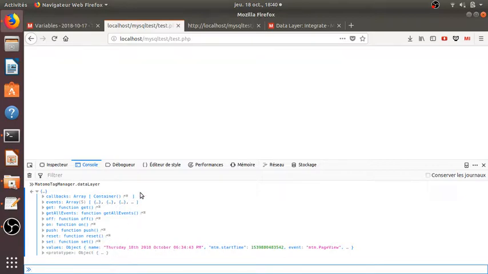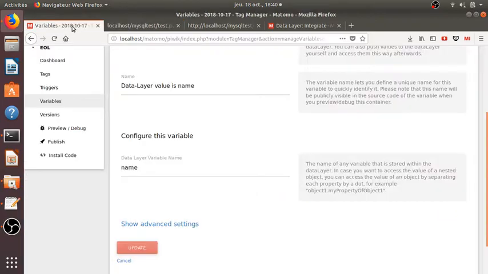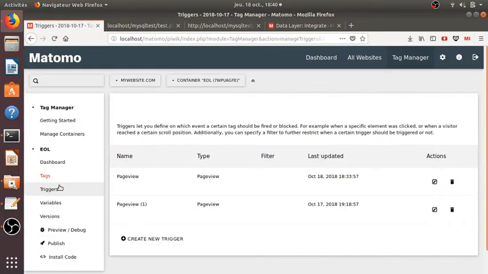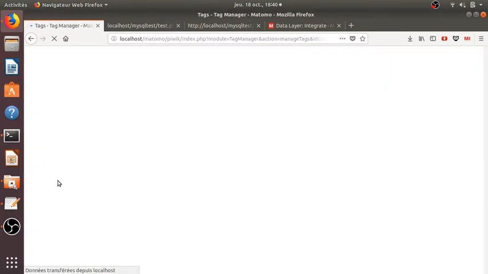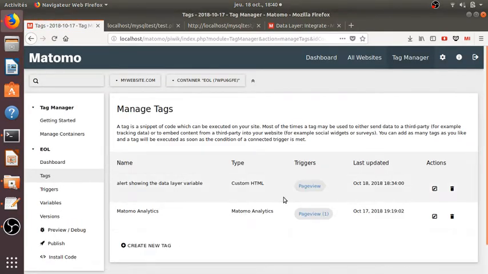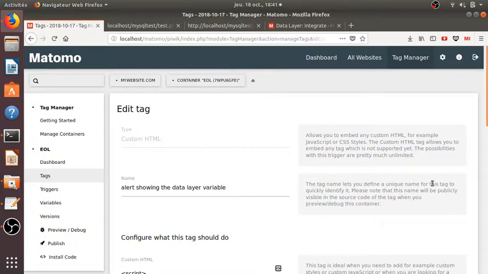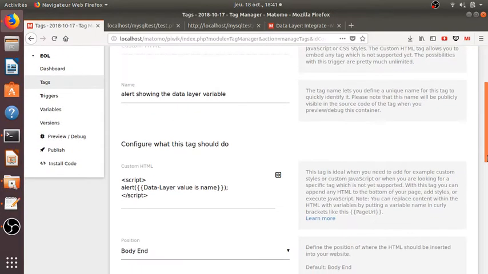So I already know that my data layer is properly filled in. All I need now is to define a tag to check that the value is properly sent and that I can play with it. Once more, it's a dummy example just to see if it's working well.